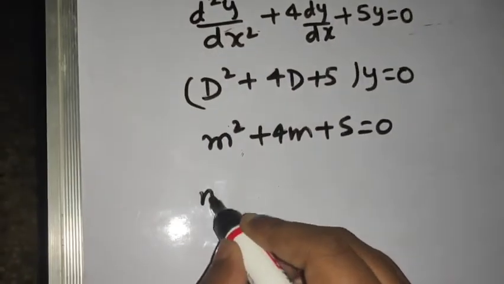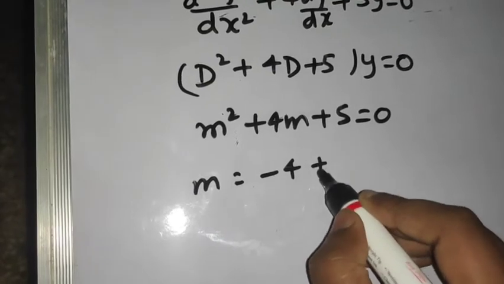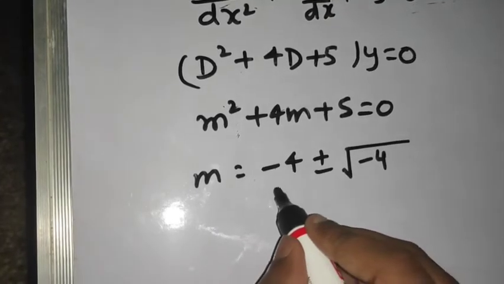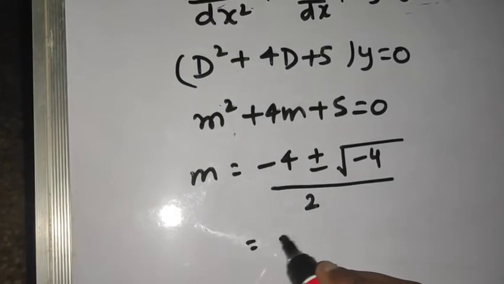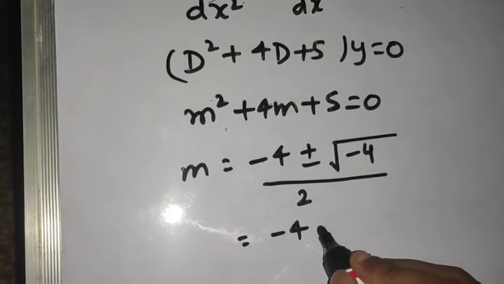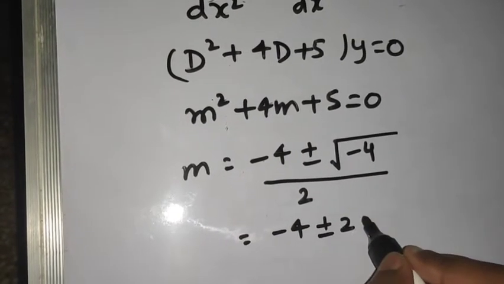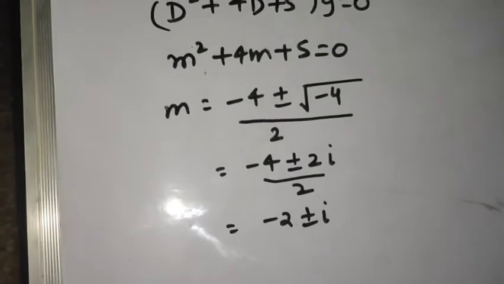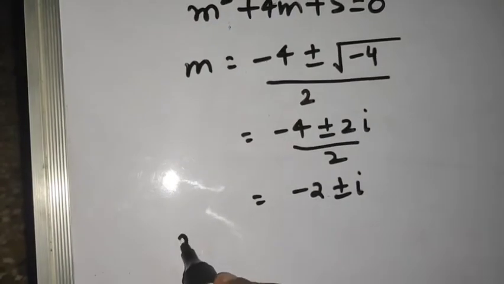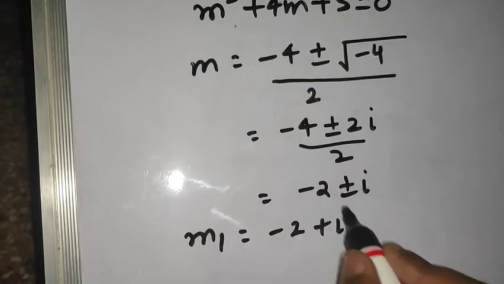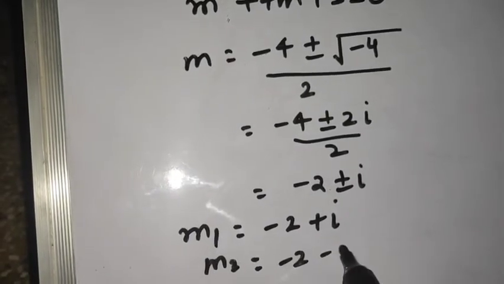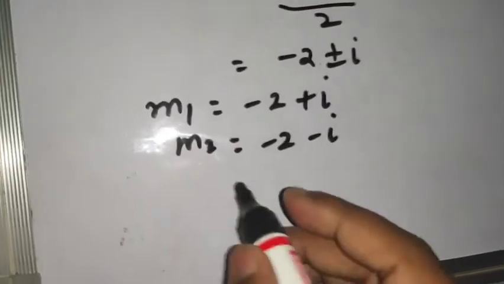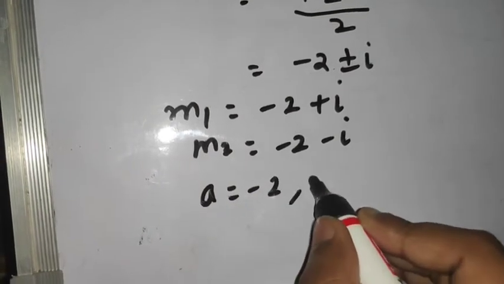So m you can write as minus b plus minus under root b square minus 4ac, that we found out to be minus 4, by 2a. Minus 4, this 4 comes out as 2, plus minus 2. Root of minus 1 is iota, as you all know. So minus 2 plus minus iota. Okay, so roots are m1 equals minus 2 plus iota, m2 is minus 2 minus iota. So a plus iota b, so you are getting a as minus 2, b as